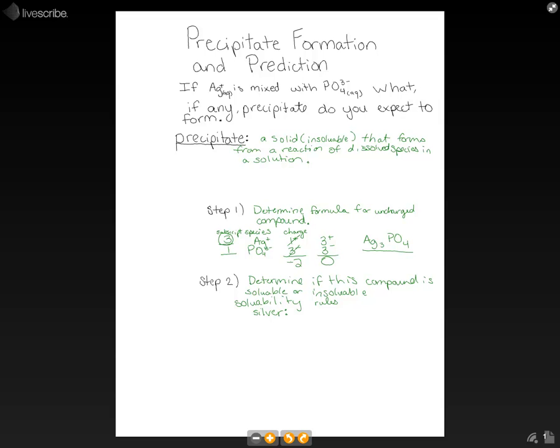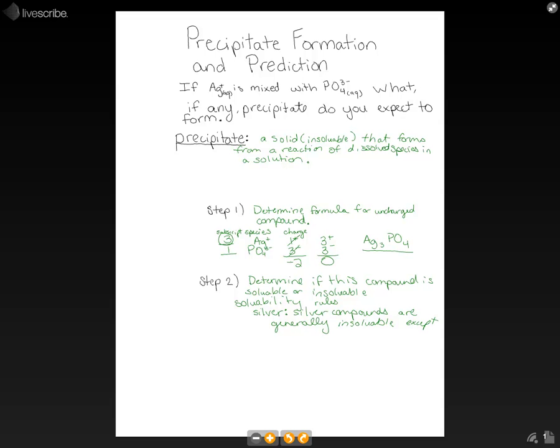Our solubility rules for silver say that silver compounds are generally insoluble,